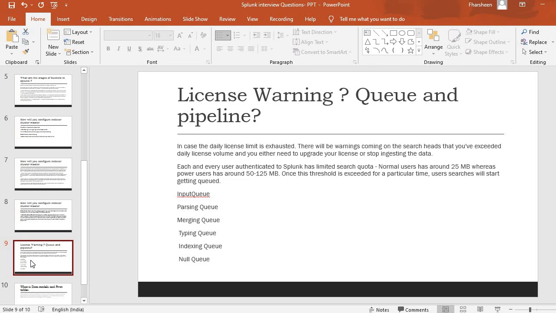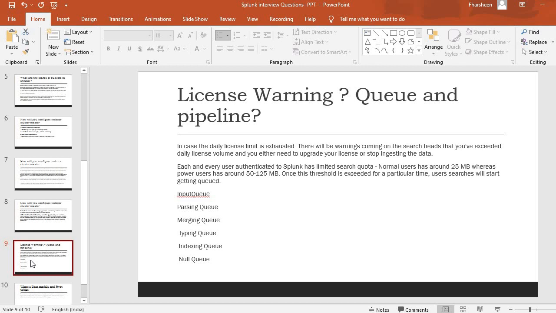Each and every user authenticated to Splunk has a limited search quota. Normal users have around 25 MB, whereas power users have around 50 to 125 MB. Once this threshold is exceeded for a particular time, user searches will start getting queued.